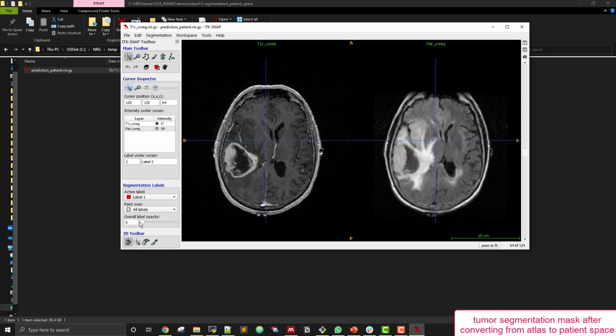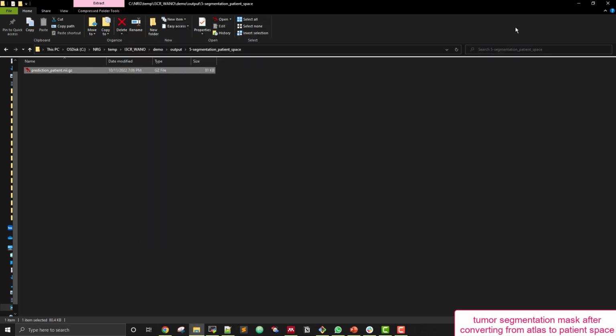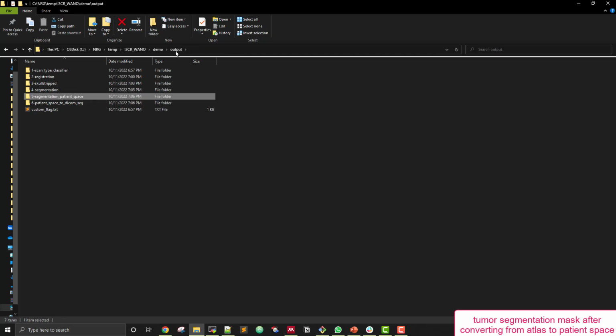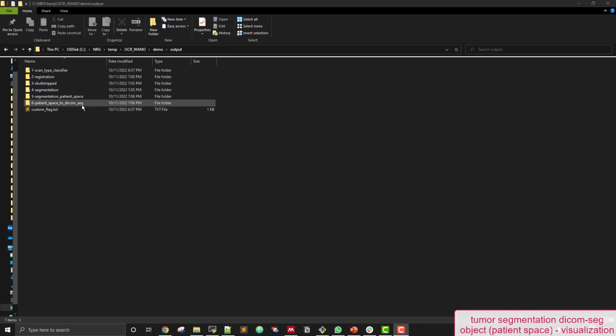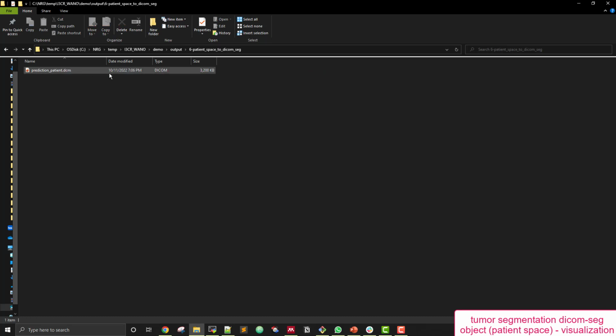And you can change the opacities of the individual tumor compartments using the ITK-SNAP tool. And then finally, we move on to the final output, that is the prediction patient in the DICOM SEG object format.